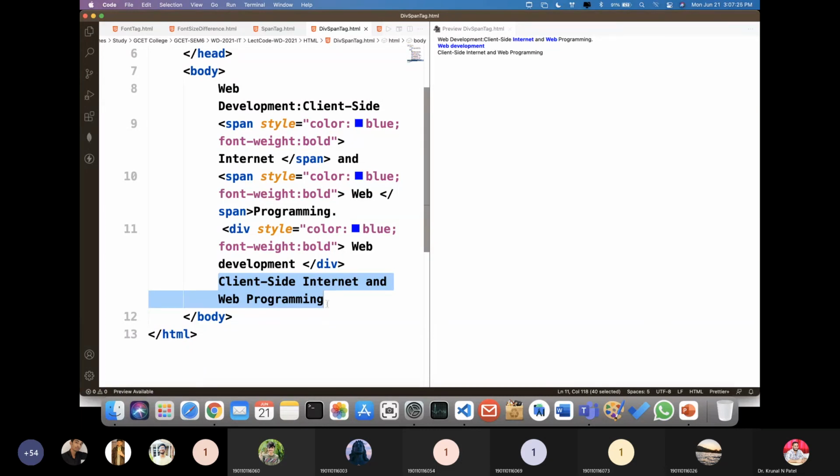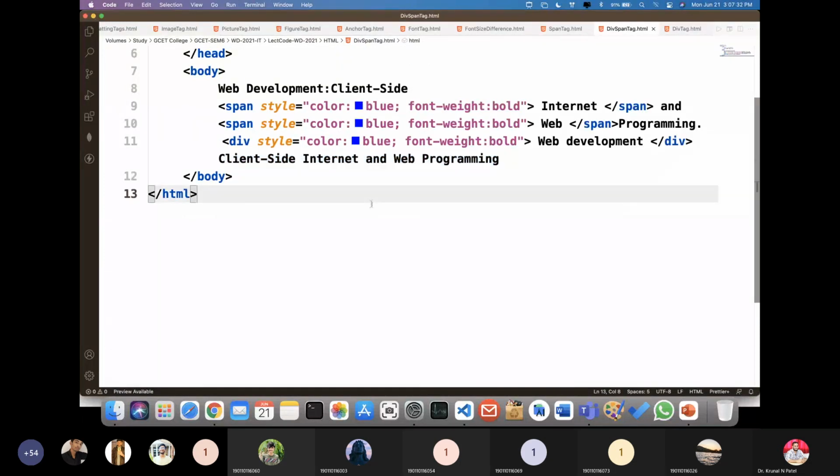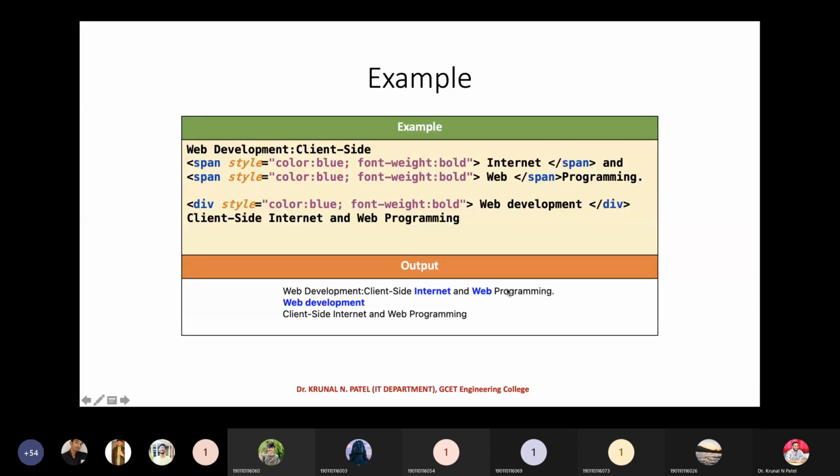So whenever you are using these two things together, you just need to remember this, right? Sometimes we know the meaning of each and everything, but sometimes we still get stuck somewhere. Why does this happen? Why is this particular thing not displaying in a proper way, or that kind of stuff? Okay, guys, so this way you can go for the division tag and the span tag. Now let's go for the next thing.